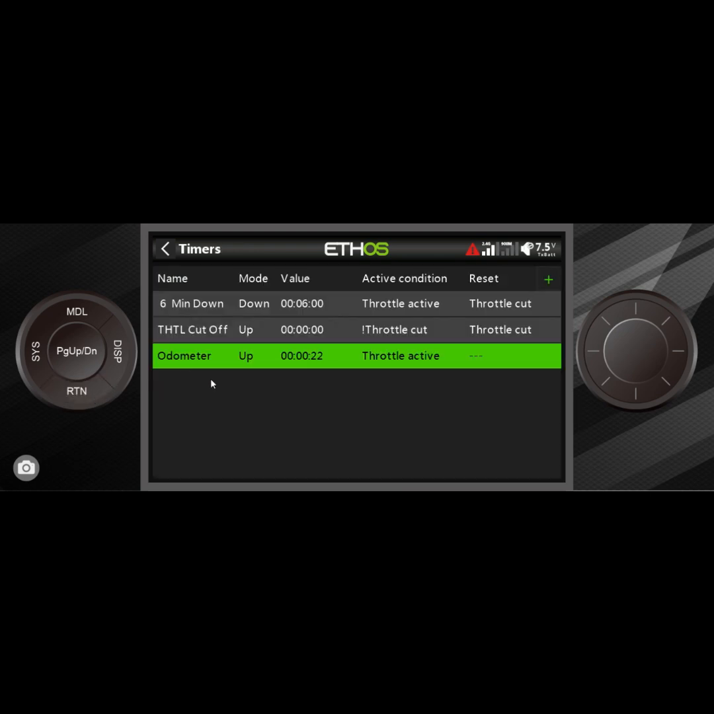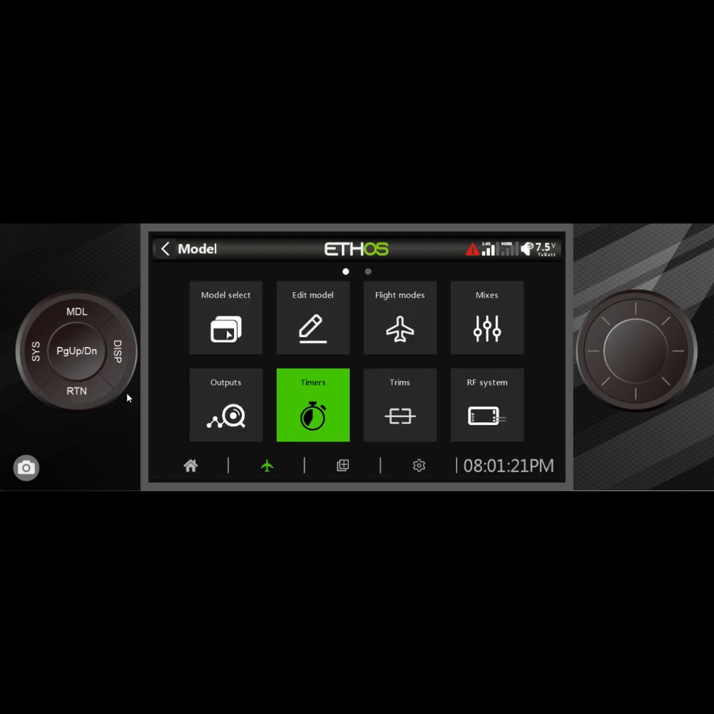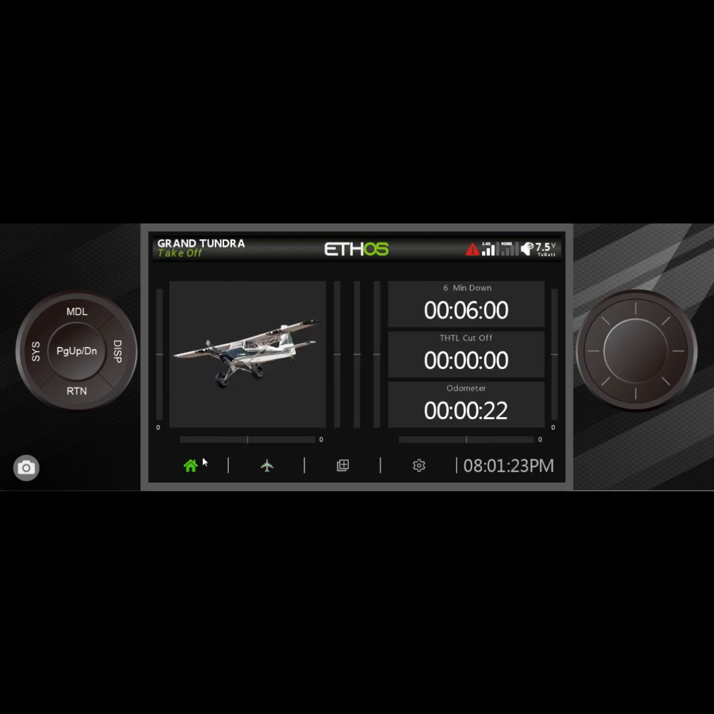And so what that does is it just keeps track of how much time I actually have applied throttle to the motor, and it keeps track of it from day to day, from flight to flight. It just keeps counting upwards. Wonderful thing to work with. And once again, to see it working, you go back to the home screen, and when I hit the F,